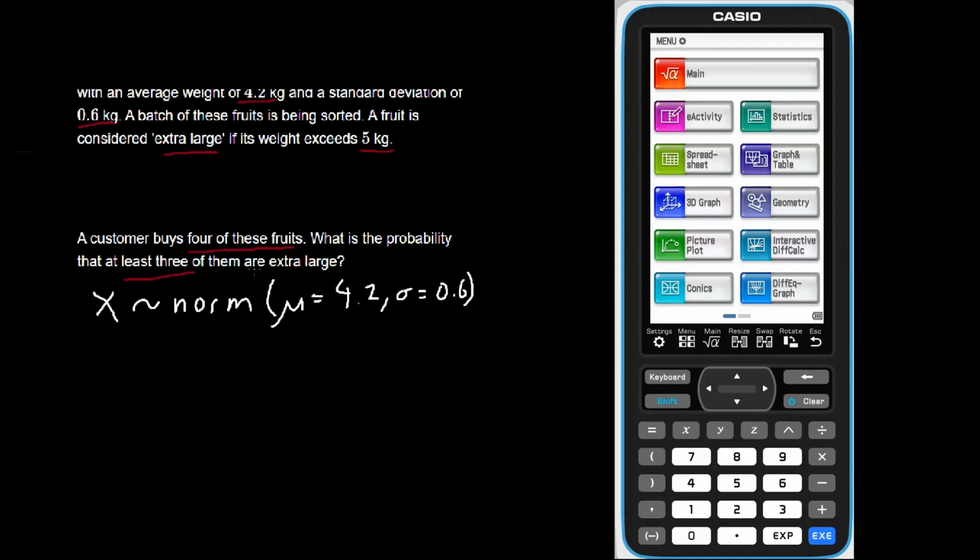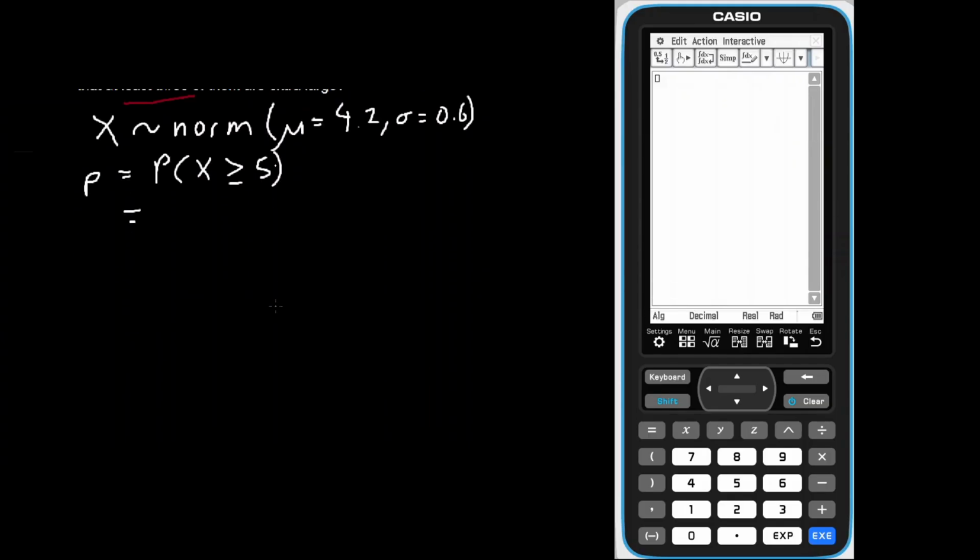Okay, so what is the probability of success if we have one trial? The probability of success P is equal to the probability of X being greater than or equal to 5. Okay, and you can basically use calc. So let's use the calculator to find the normal distribution. Now, if you're new to this, I'd recommend drawing out the bell curve and shading in the area that you need to. And this helps quite a lot because when we go to interactive,